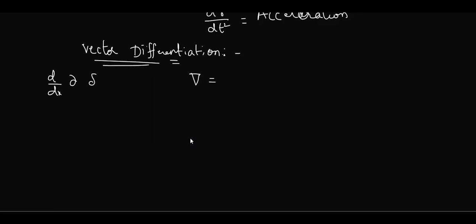Now here this is given by dou by dou x i plus dou by dou y j plus dou by dou z k. I told you in the beginning, don't write simply a. If it is a vector, write it as a bar. But for this del, don't take the trouble of writing an arrow mark on top. Please don't ask me why, because we have to follow the standard notation. Is it a vector quantity?